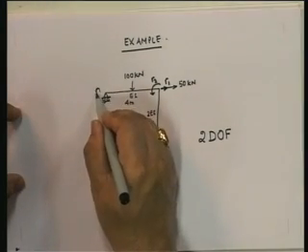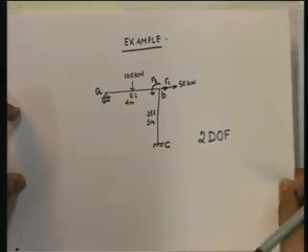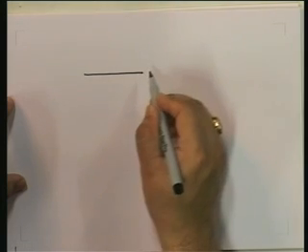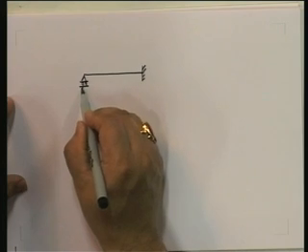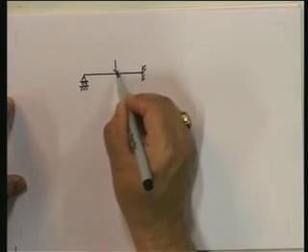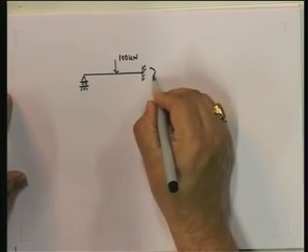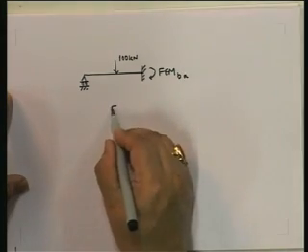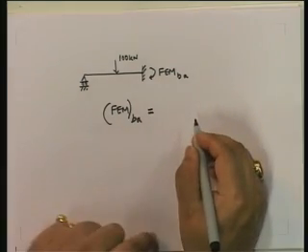This is A, B, C. So the fixed end moment for AB, the beam that I consider for AB is this one with this load, and due to this you're going to have a fixed end moment at BA, and the fixed end moment at BA is going to be equal to